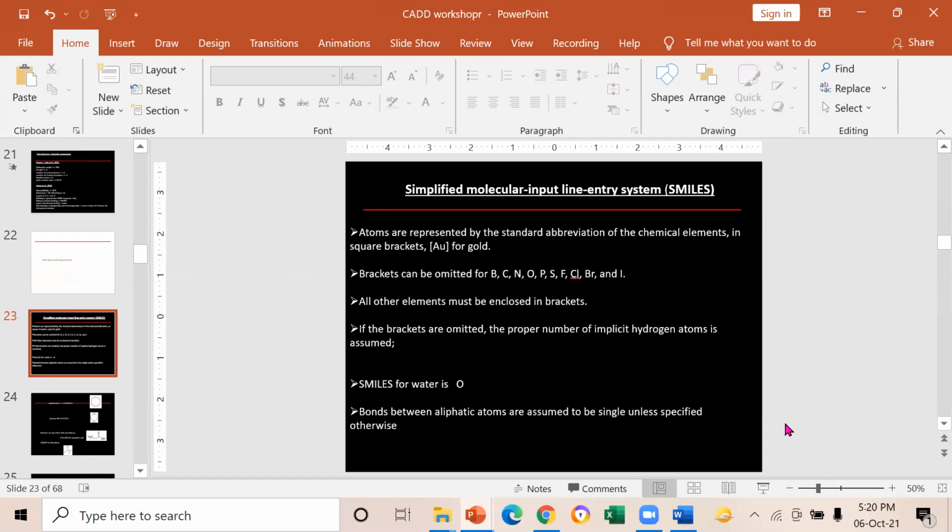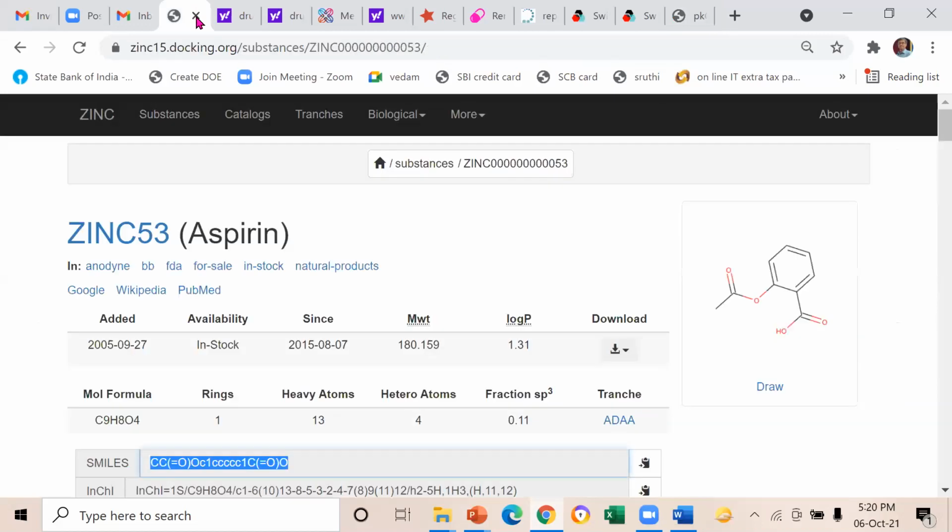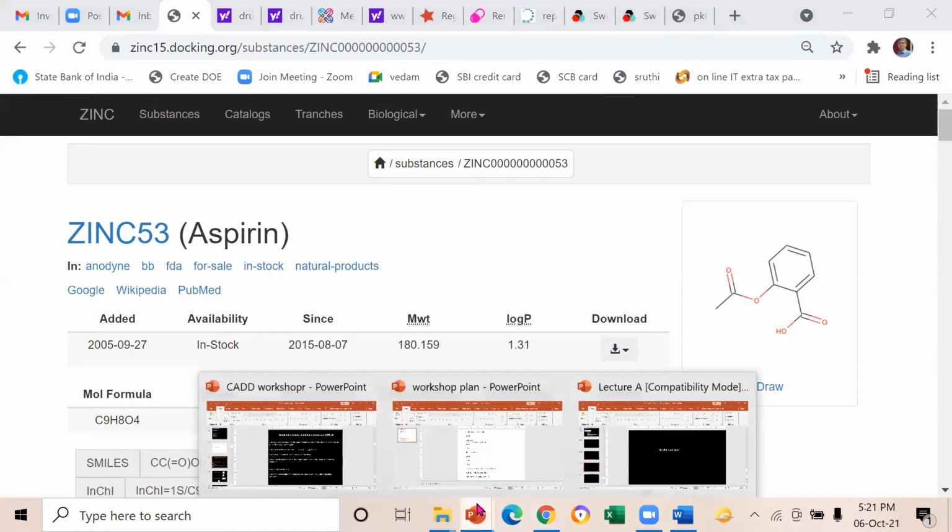I said I will tell you what is this SMILES. Okay. SMILES is one way by which we can copy. If you remember, we can copy the structural details which I did. You know, you can see this here from Zinc database to other databases. So SMILES is very, very important for copying the structural details, and beauty is it's in a text form. Okay, so you can see it's got capital C, small c, double bond, oxygen, everything actually. So the entire structure can be written in a text form. That's the main advantage of SMILES. Okay, let's look at what is the SMILES all about.